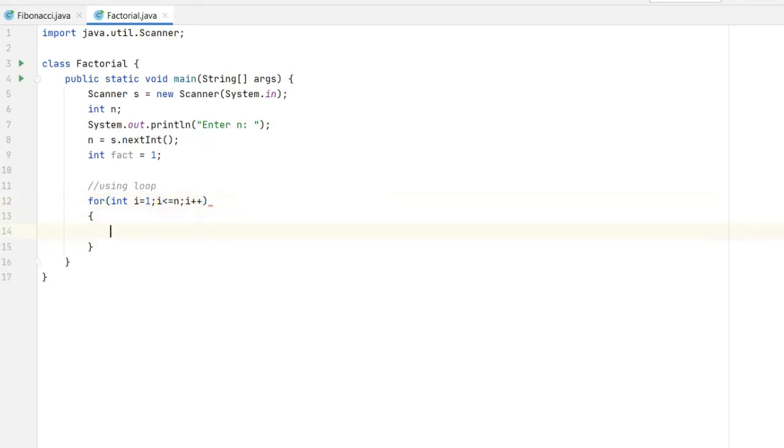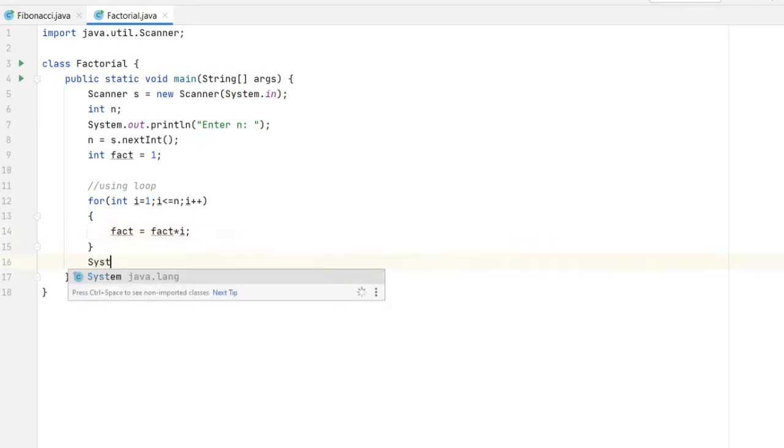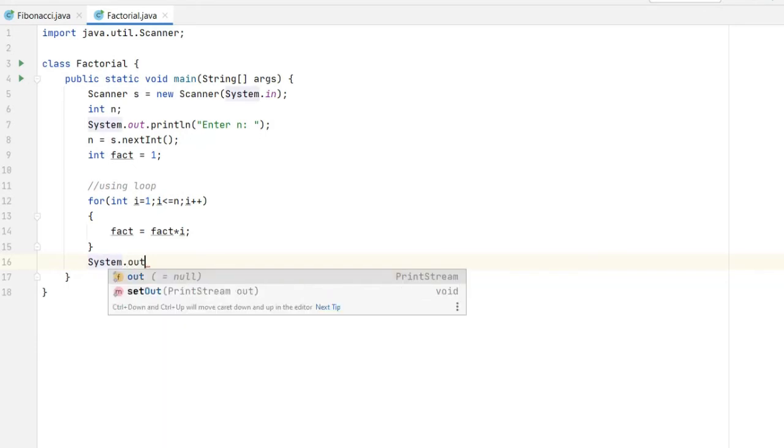In this loop, we will update the value of the variable fact, which will be equal to the previous value of factorial into i. And at last, we will just print the value,